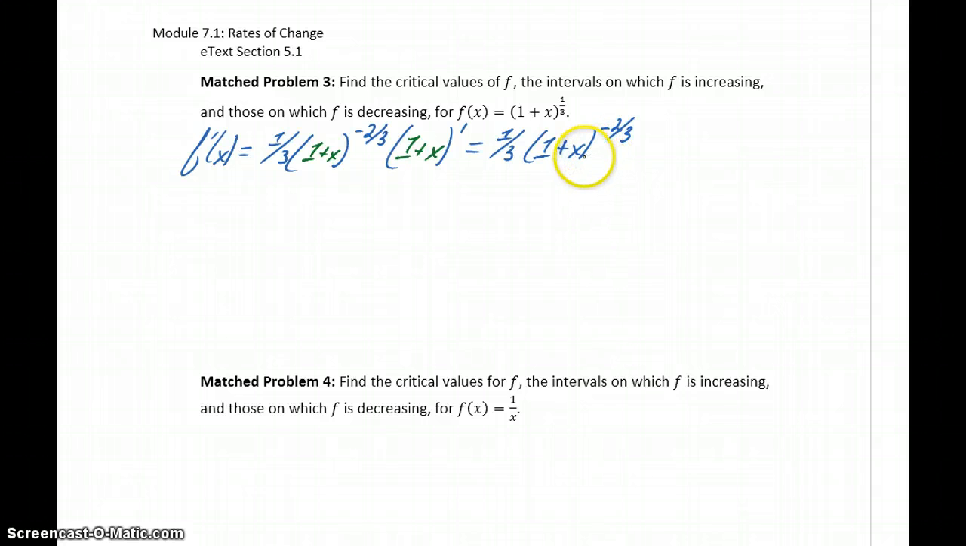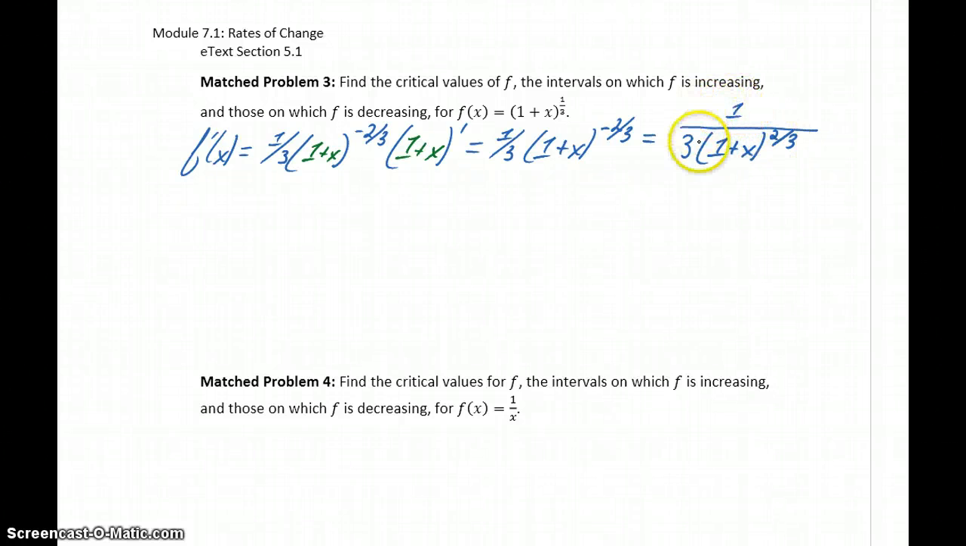Now this is a perfectly acceptable answer for the derivative of our function, but there is a problem with the way this is being written, in the sense that it's hiding the potential critical values, or misleading us as to what the potential critical values might be. So what we actually want to do in this case is rewrite this as 1 over 3 times the quantity 1 plus x to the 2/3. In this case, we do want to rewrite this with positive exponents,